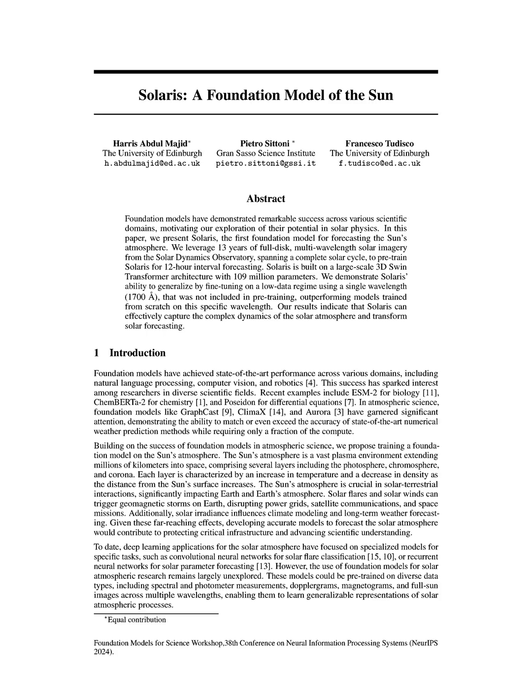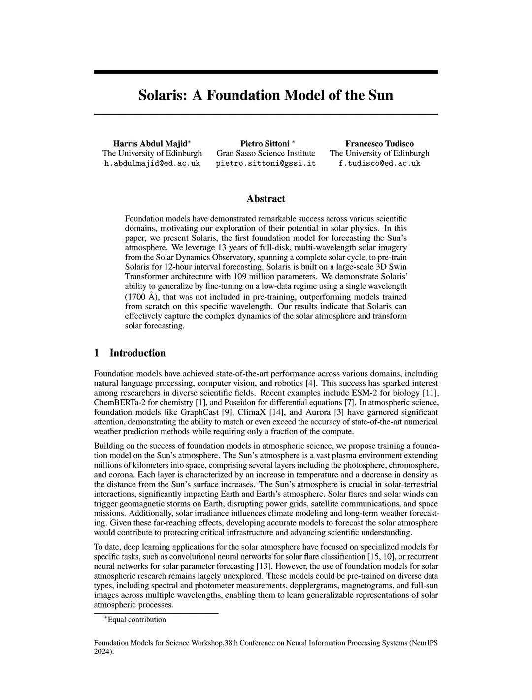The Solaris model aims to solve the problem of accurately forecasting the Sun's atmosphere, particularly in predicting solar dynamics and phenomena such as solar flares and solar winds, which can significantly impact Earth. Current methodologies primarily focus on specialized models for specific tasks, such as convolutional neural networks for solar flare classification or recurrent neural networks for solar parameter forecasting, leaving a gap in the use of foundation models that can generalize across